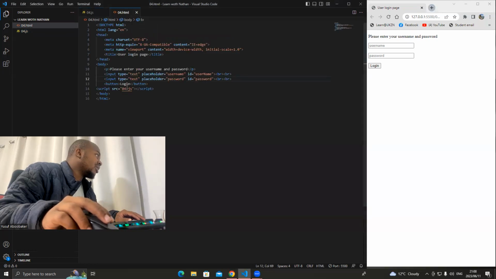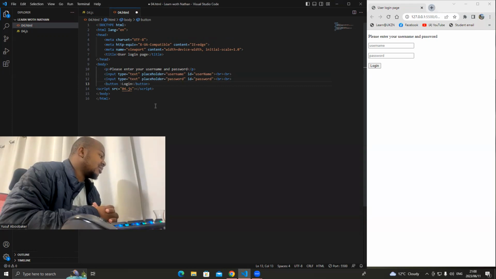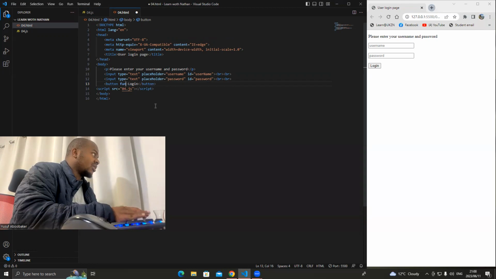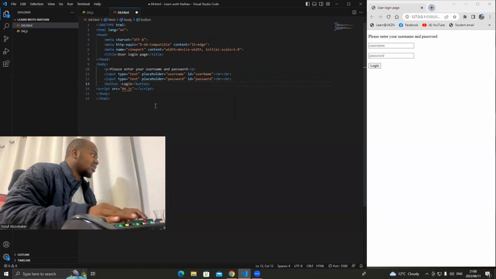So the button will have to have the function. How do you assign a function to a button? Function, function. I think it's function. How do you assign